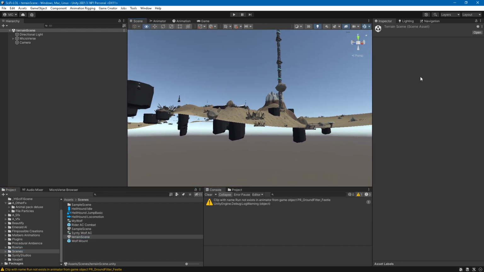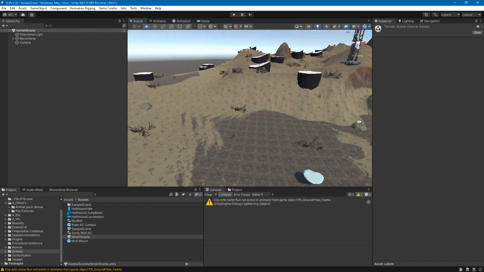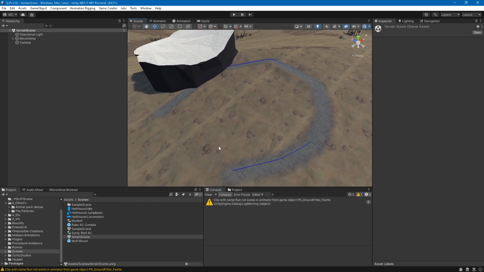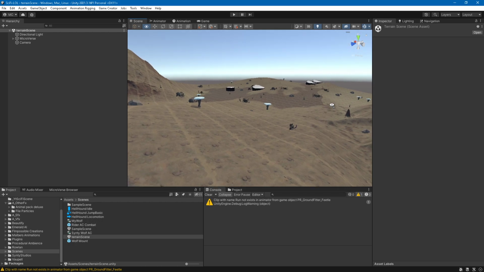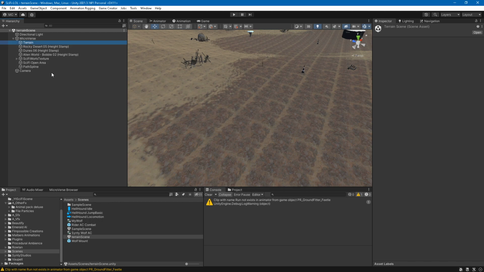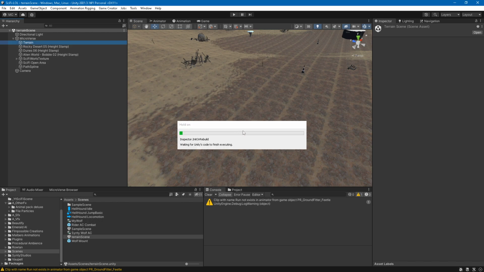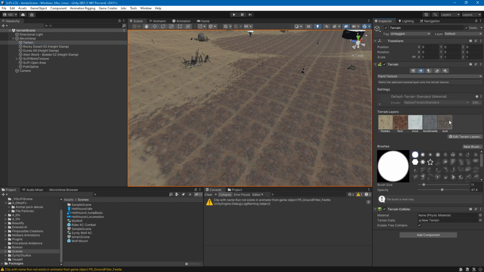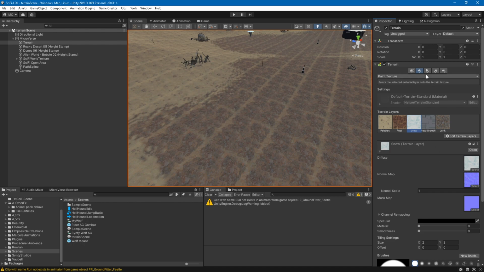I haven't made anything on the demo scene yet. I've only been playing around, preparing, seeing what I need. You can see I made a path here testing the spline. It's working absolutely brilliantly. One thing I also noticed is, so normally for you to paint any texture, right? So let's say we have this texture, we want to add something else. We need to use the terrain layer. So then we can paint, right? Or we need to add a new terrain layer. Very nice. What I found is when I